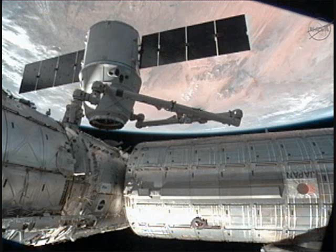For its return to Earth, the Dragon was packed with about 1,673 pounds of experiment samples and hardware, including 163